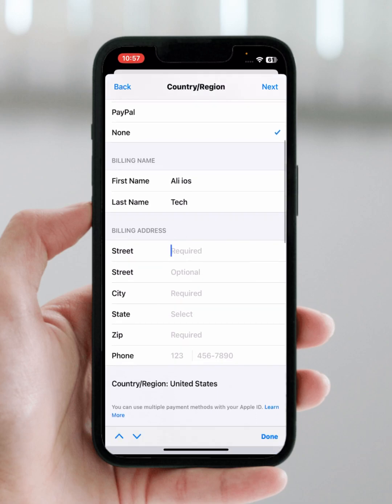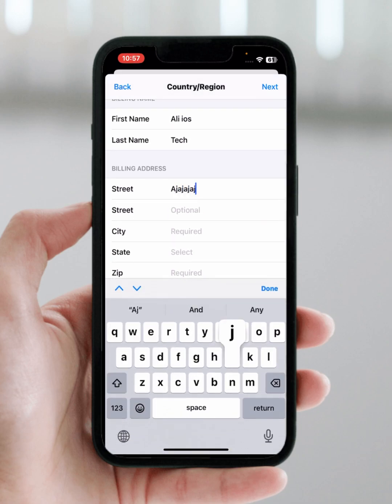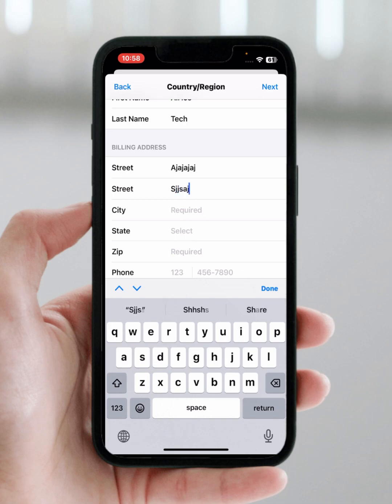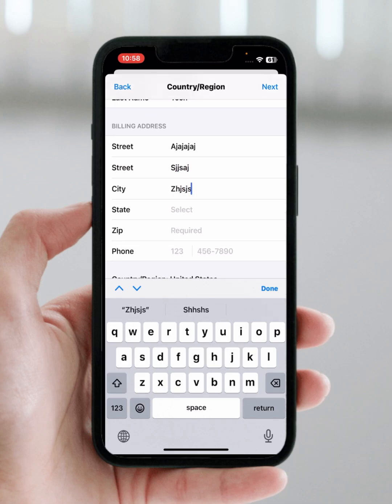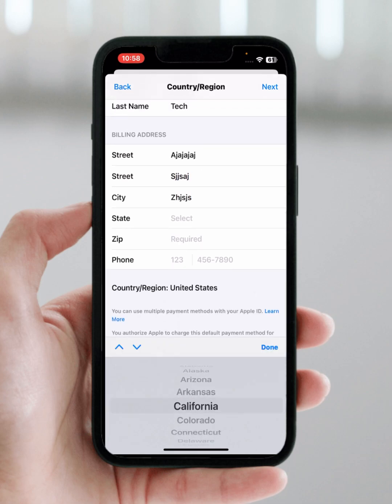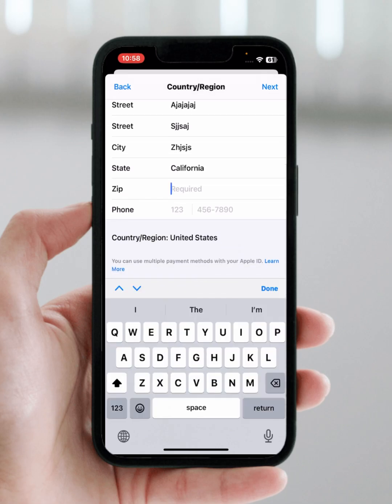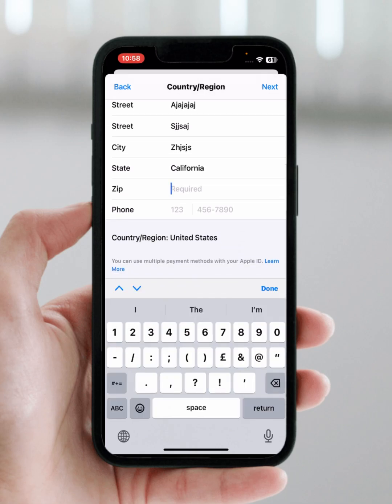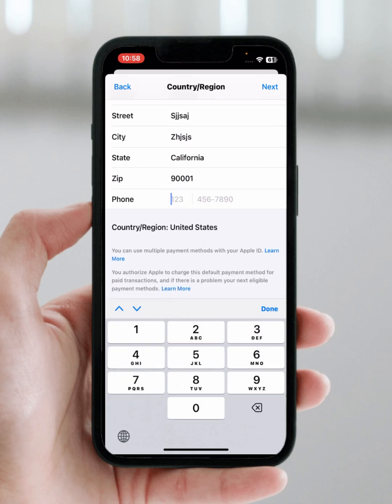From here enter your passcode, enter your street name and enter your city. Select your state like California, enter your California zip code, enter your phone number, then tap on next. After that,